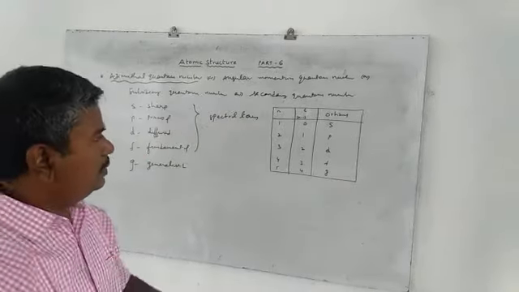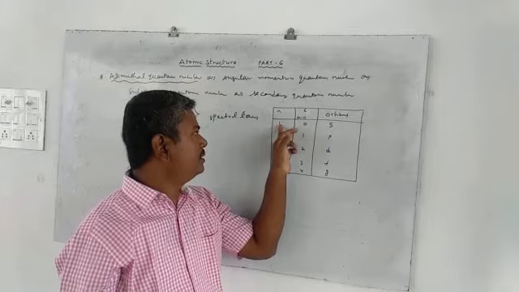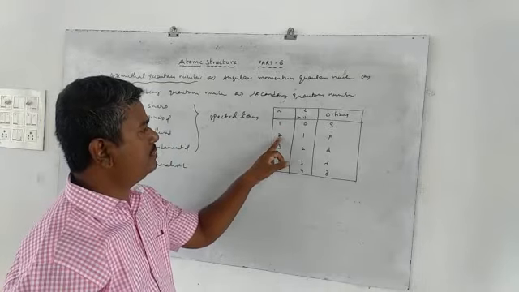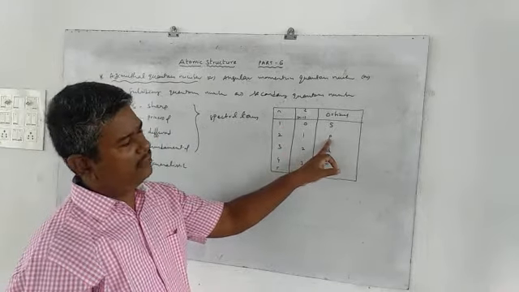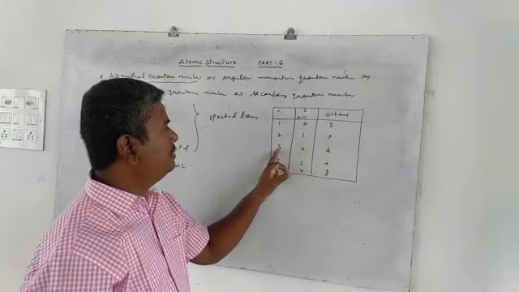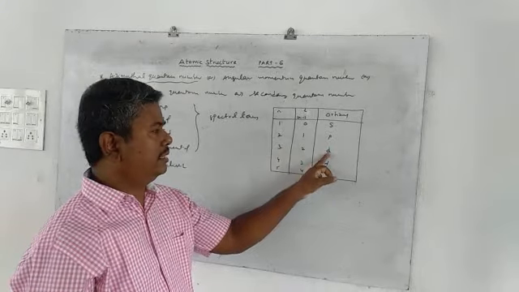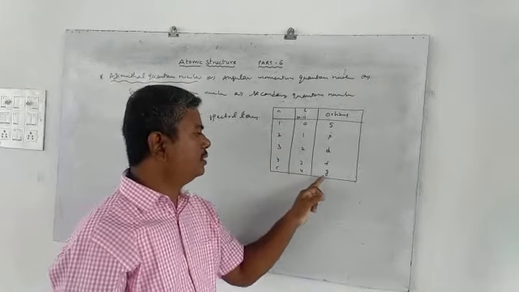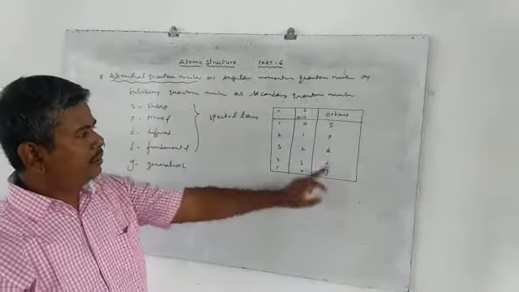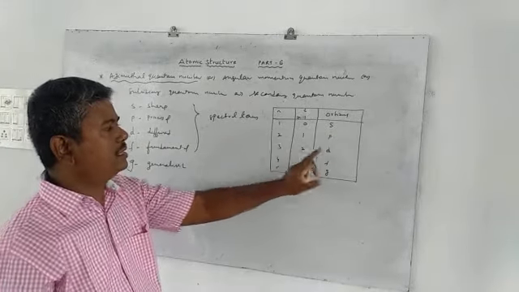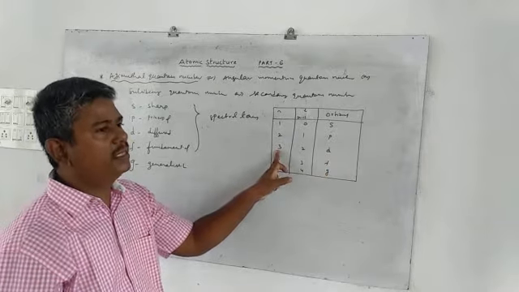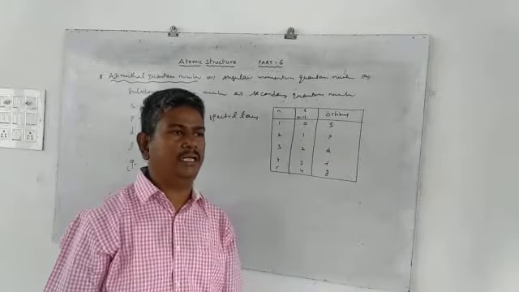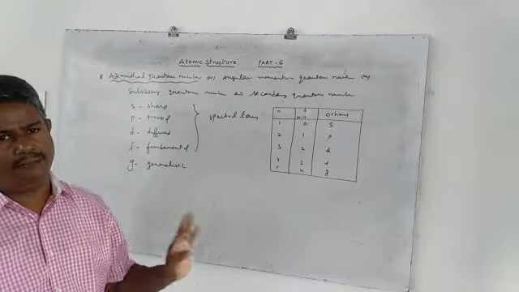So the first shell, K shell, consists of only s orbital, and the second shell consists of which one? p, along with the s orbital, sp. And n equal to 3, d orbital. n equal to 4, L equal to 3, that is f orbital. n equal to 5, L equal to 4, that is g orbital. That means p orbital starts from which one? Second orbit. d orbital starts from which one? Third orbit, that means M shell. And f orbital starts from which one? N. Like that, these orbitals are designated in specified stationary shells or stationary orbits.